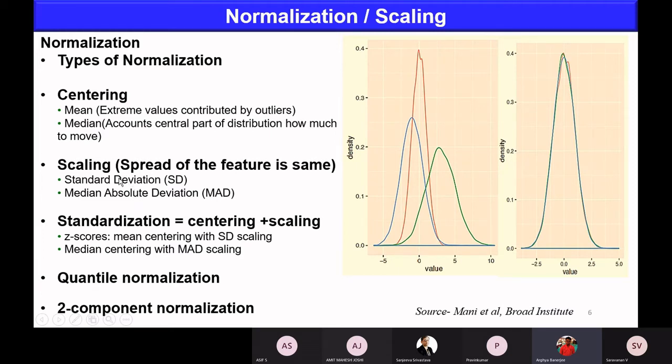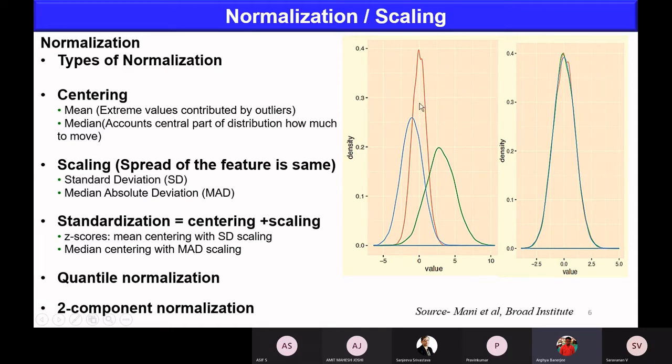Second is scaling. Suppose you see this green Gaussian peak, it is very much distributed as compared to the red, which has less spreading. The spreading of the red feature is also less as compared to the blue. So if you want to rank them, the green has more spreading, followed by blue, followed by red.